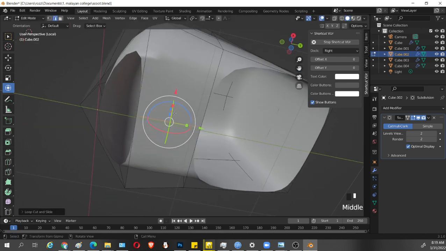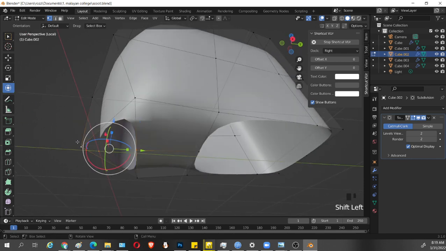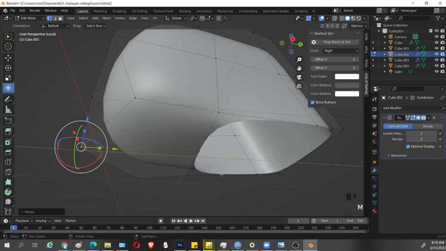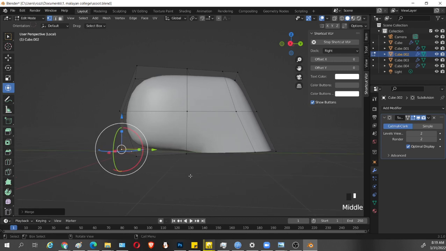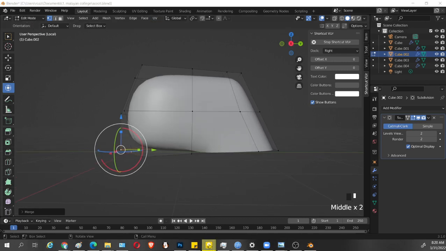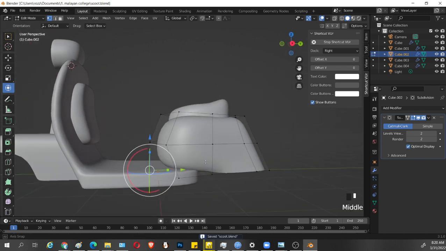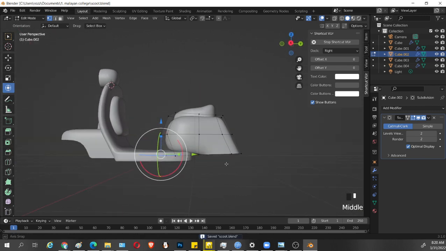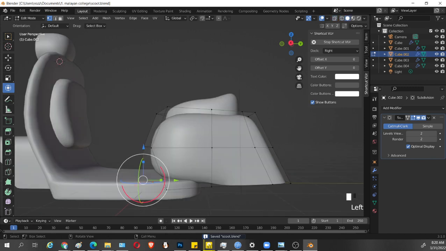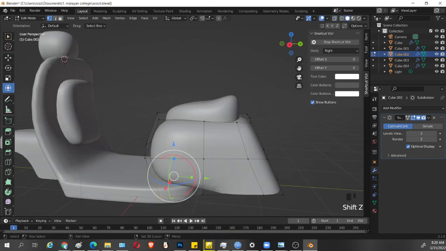Okay, then go to vertices, click this, and click that, vert M last. Okay, so that's what's going to happen. Numpad slash. Okay, I'm going to adjust